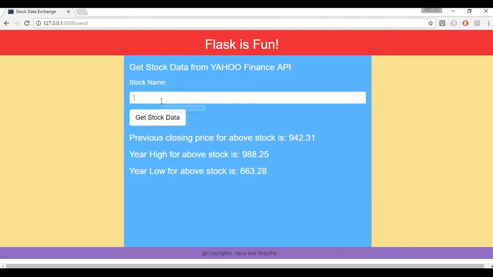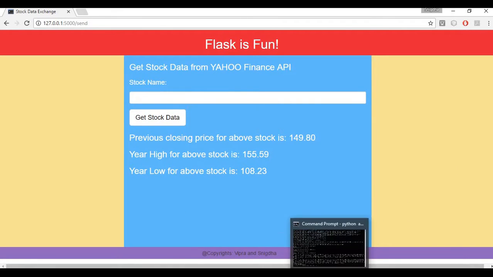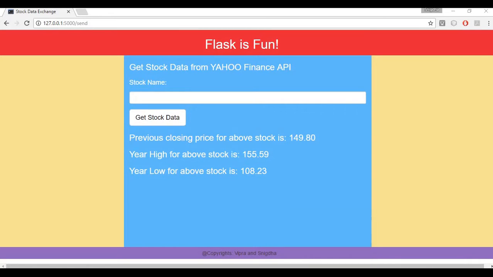So it is doing better than Yahoo. And then let's find out our favorite, Facebook. So these are the stock prices for Facebook. Okay, so we have successfully implemented a Flask application using Python.